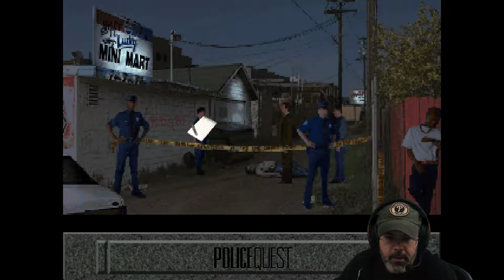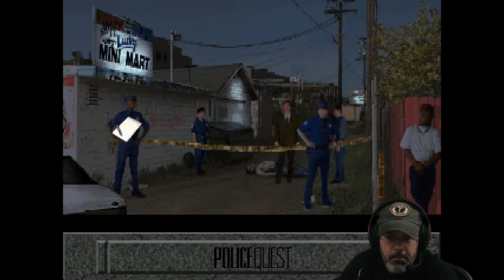Detective, the criminalist's presence need not be officially notated. Nobles will write up his own report. Notating Officer Woodbury's presence is... The crime scene log will...